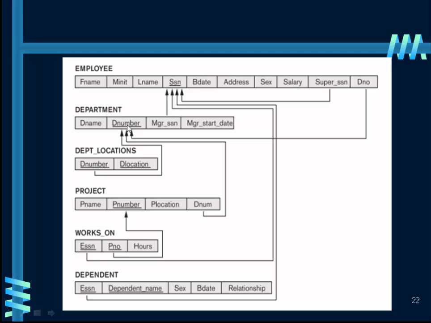Here the primary key is a department number, and in the employee table SSN is used as a primary key because every employee is having a specific or a unique employee ID or SSN number. That's why this attribute is used as a primary key. Okay, and next one is a department location. So department location uses the common attribute of a department number. Okay, and here we are making a department number and department location together as a primary key